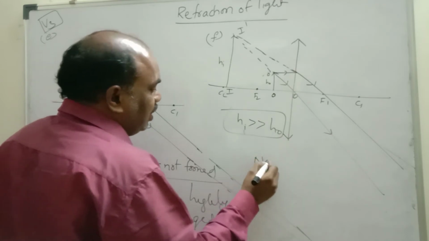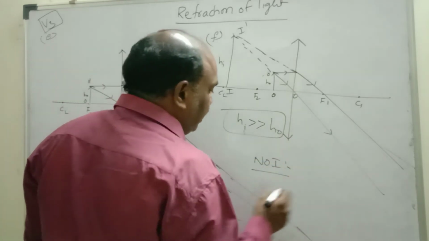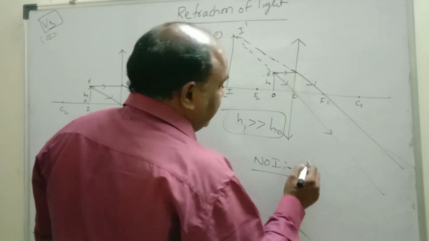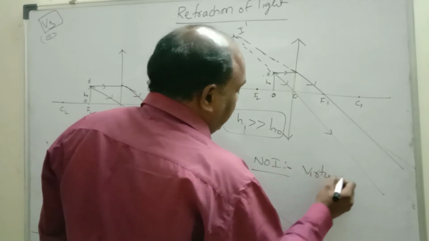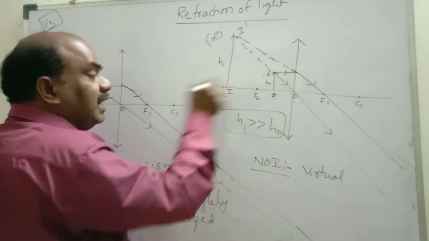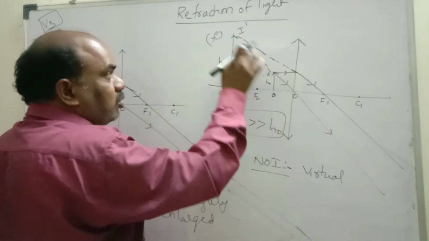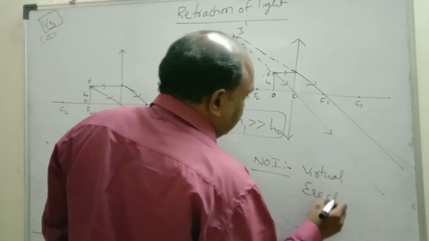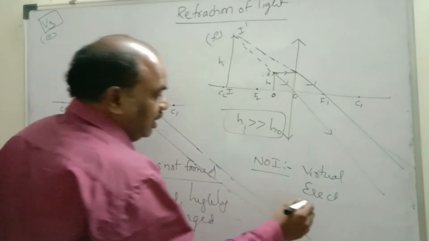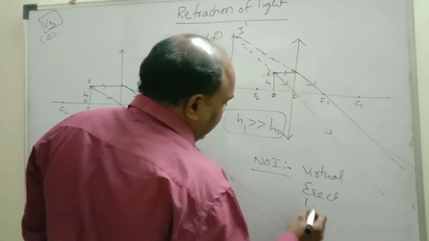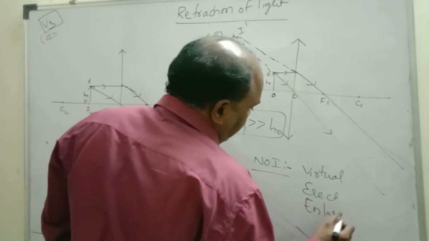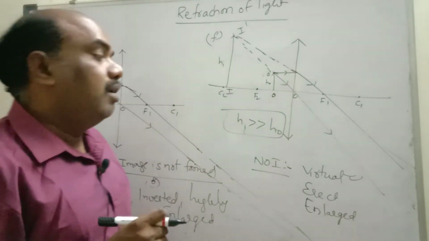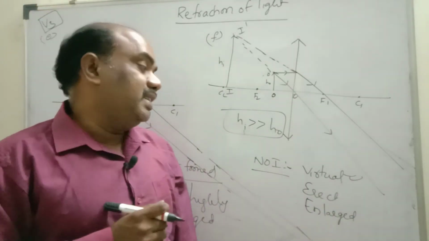What kind of image is formed here, children? Tell me. Yes, virtual. This is called a virtual image. Virtual means always erect, the head to head, tail to tail concept. Head coincides with head, tail coincides with tail. Virtual, erect. Erect means straight. Erect and highly enlarged. A virtual image always forms on the same side of the object. Remember, children, a virtual image we cannot catch on the screen.